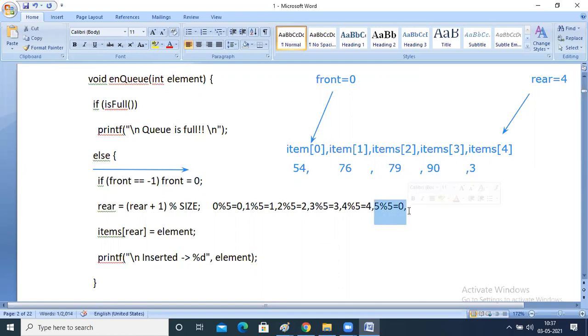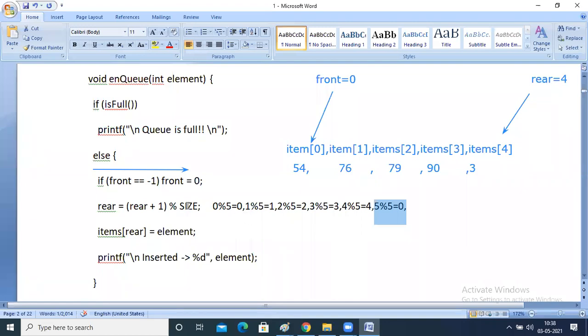So this point you have to understand. 5 mod 5. In order to make it circular, to become a circle, after 4 it should become 0. So you can write here: rear is equal to rear plus 1 mod size. Or you can write an if condition: if rear is equal to 4, then rear is equal to 0.